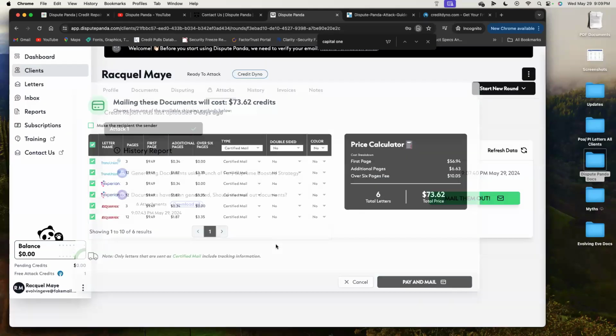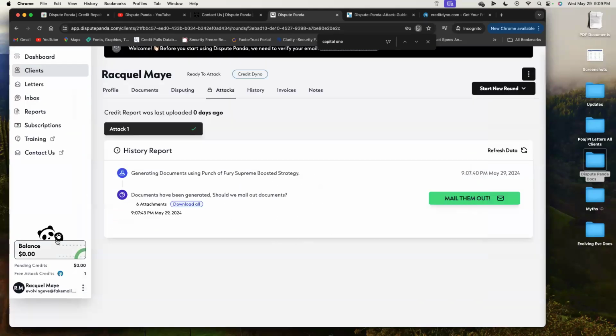As long as the money is in the buckets, as long as the money is in your bank, you are able to go ahead and generate the letters without any issues, okay? If for some reason the money's not there, you just come out, add the funds, come back to the client, and then you can have the system mail it out for you. Whatever is easiest for you to do, all right?